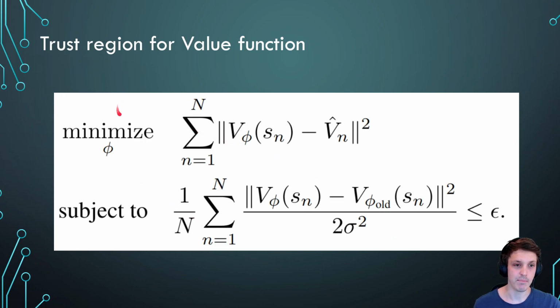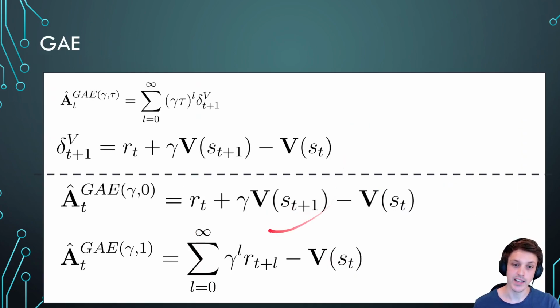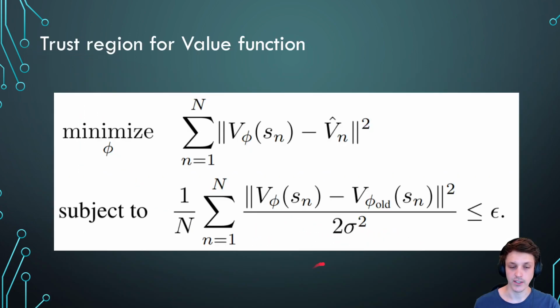This paper, the same paper, also talks about introducing a trust region for the value function. You can think of the value function regression as fitting probability distributions as well, because we still need a value function for calculating the advantage. So we still need the value function. But normally we just do something like this, where you could do the TD update, or you could do the Monte Carlo update to actually calculate the value, but we usually just do something like a mean squared